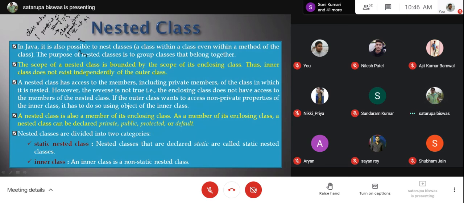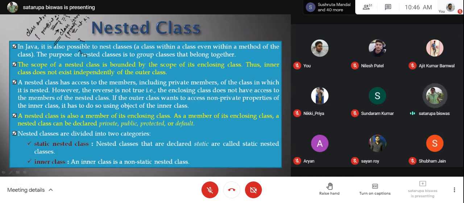A nested class is also a member of its enclosing class. Obviously so, otherwise that private accessing was not possible. As a member of its enclosing class, a nested class can be declared private, public, protected, or default. So you can add the type of the class here.